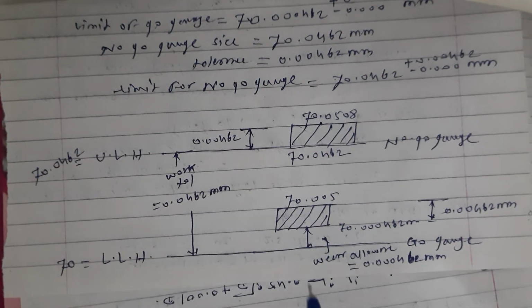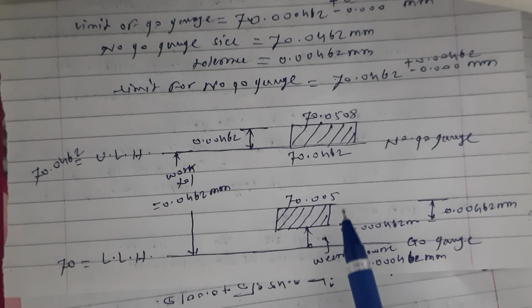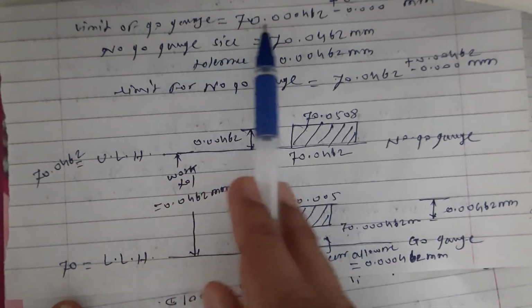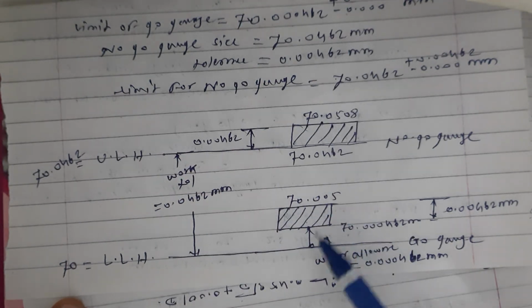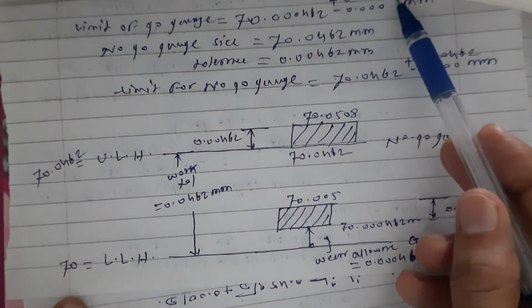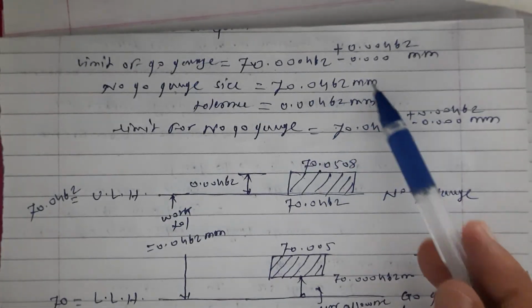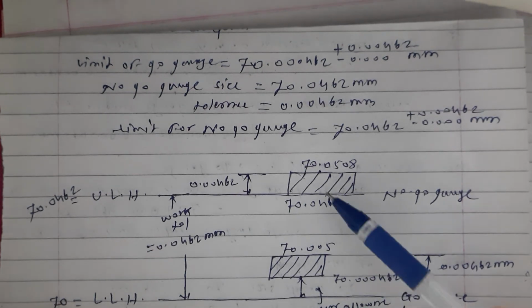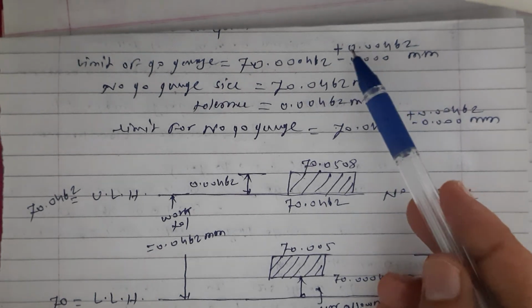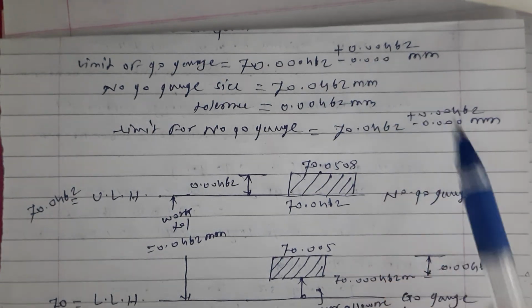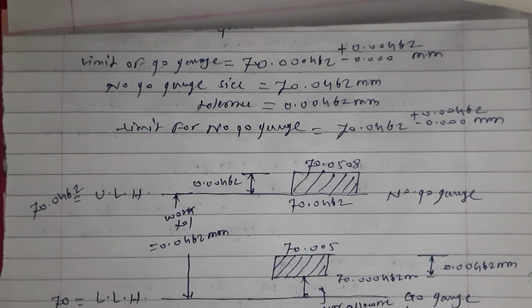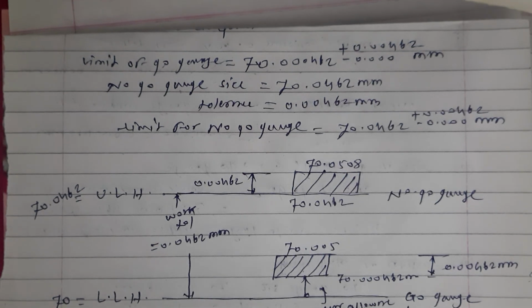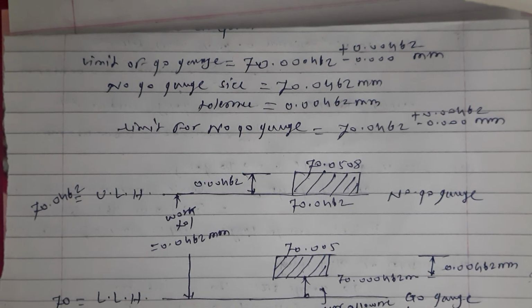You should remember the schematic representation. With its help you can easily find the limits of the go gauge. If they are going in the upward direction, they are increasing, so you use plus. If they are decreasing, coming below the lower limit of the hole or below the upper limit of the hole, then you have to use negative. This depends on what type of gauges you have designed: general type gauges, workshop gauges, or inspection gauges. Next lecture we will see the details. Today we will stop here.